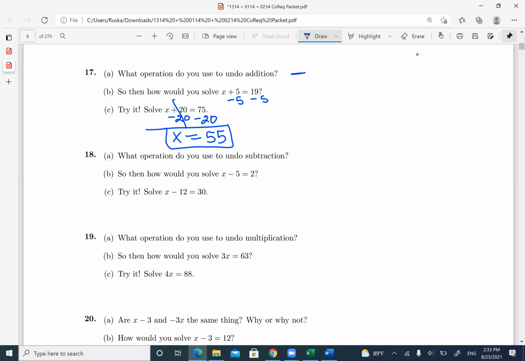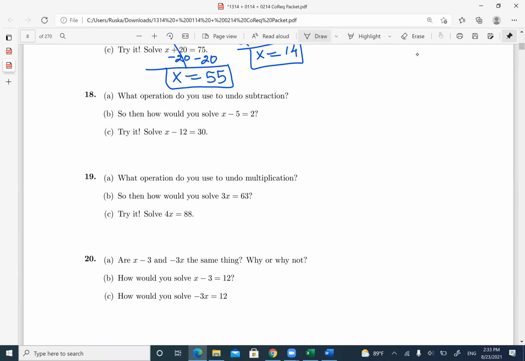So that's how you solve it all the way to the end. The same way with this one, you cancel positive 5 and negative 5, they cancel. So you get X equals 19 minus 5, which is 14. I'm just gonna solve it to the end, okay? Because that's what you're gonna try to do here. We're trying to solve the equation, okay? The next example we have is